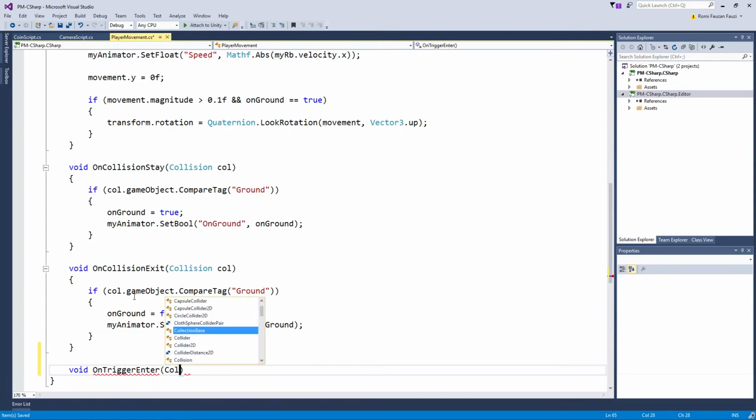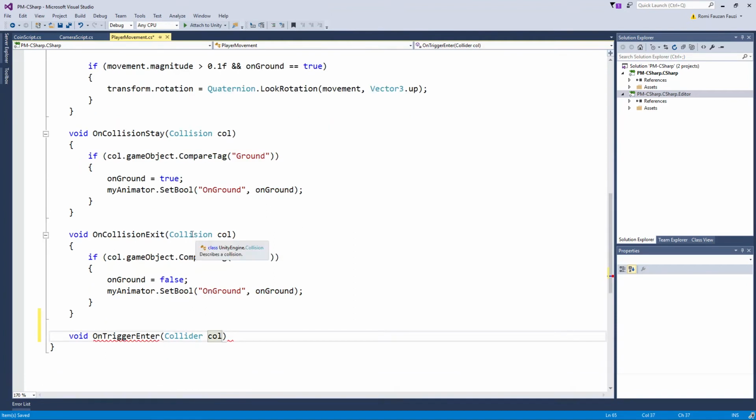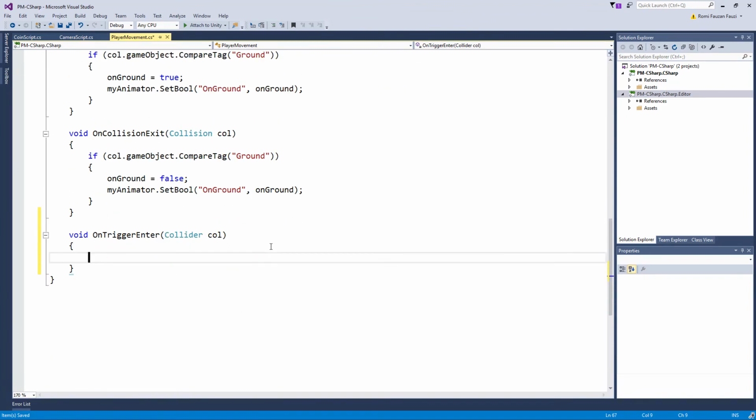This works exactly like OnCollisionEnter, but it takes a Collider as a parameter instead of a Collision, and then we can check the collider tag to destroy or to execute certain code. So I'm going to check if collider.gameObject.CompareTag is coin,